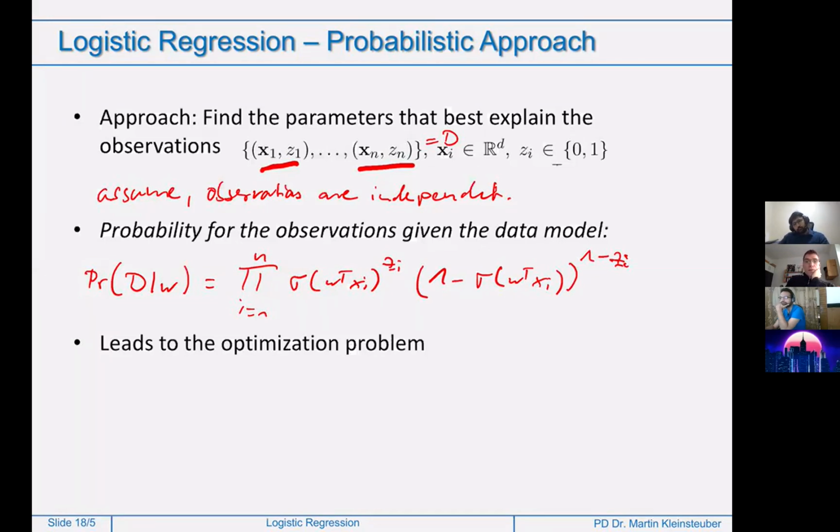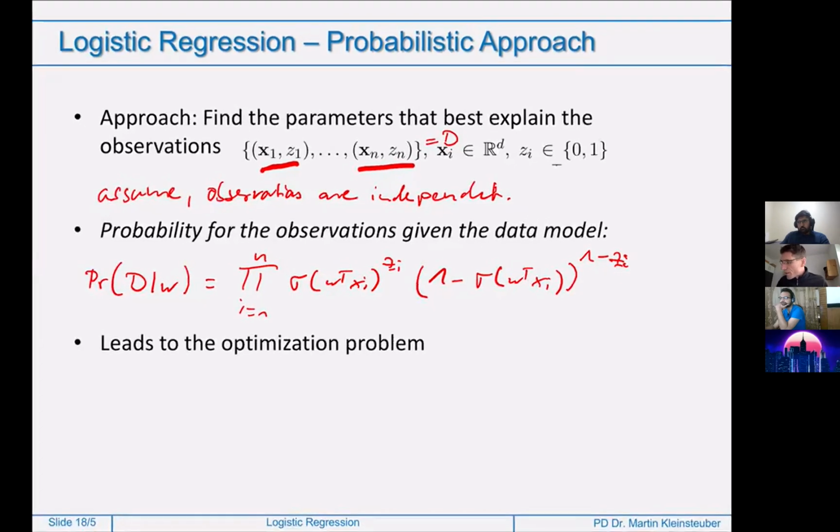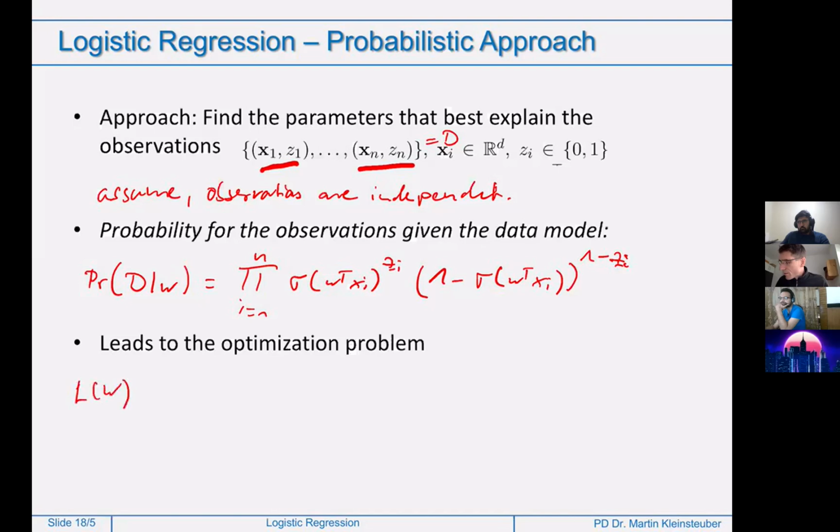What you want to do is you want to find the W that maximizes this probability. And for optimization purposes, you often don't go to this direct product of the probability, but you go to the negative logarithm of this maximum likelihood probability. So what you want to optimize is this term